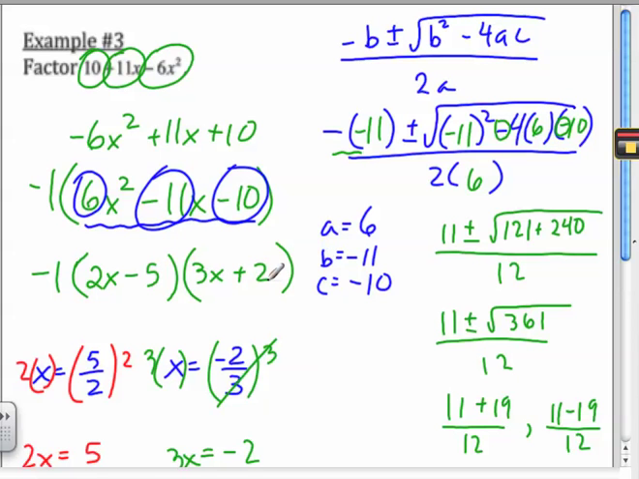Okay? When I look at the front numbers, that's going to give me 6x squared. When I look at the back numbers, that does give me minus 10. But when I do this stuff, 2x times 2 is 4x. And then minus 5 times 3x is negative